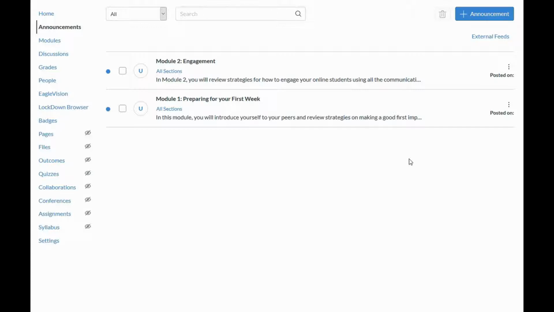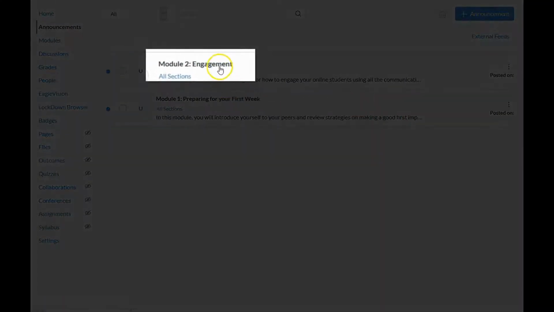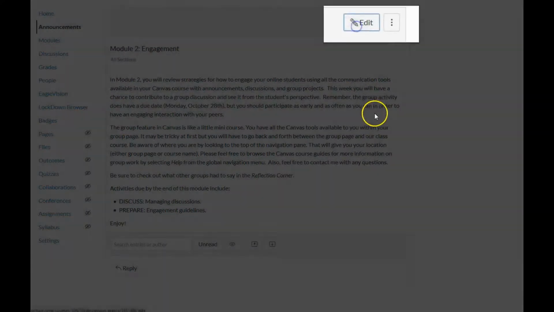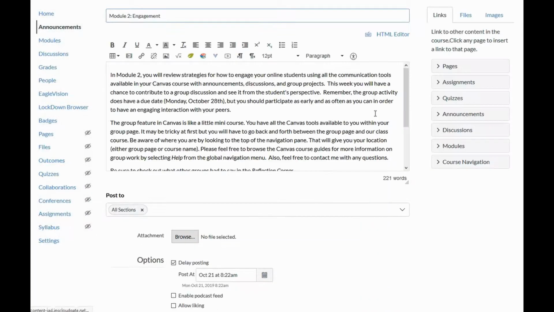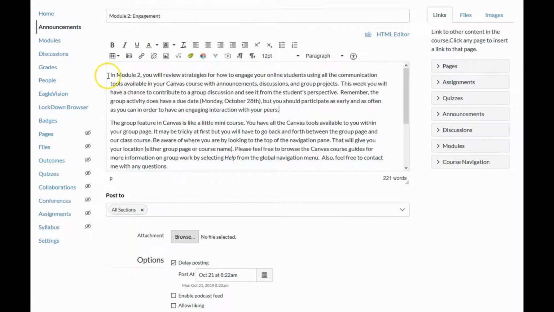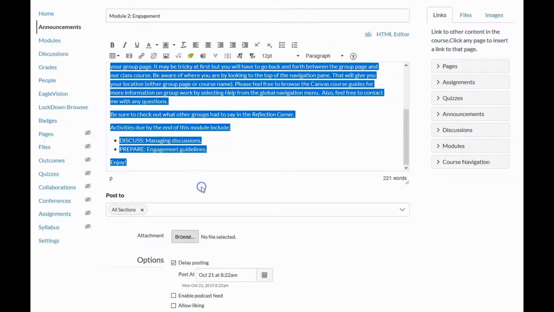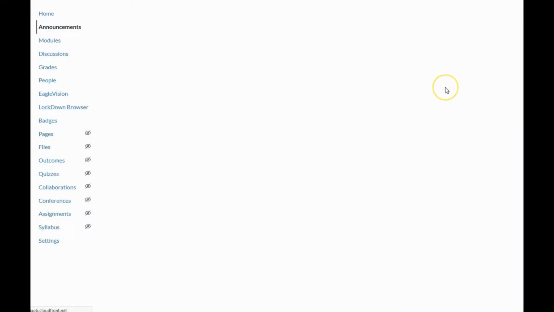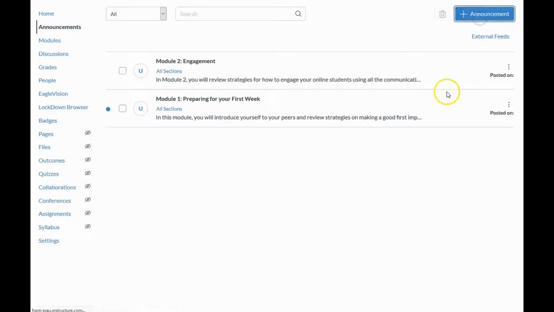Now, since this is your course and your announcement, it should be coming from you, so the best way to fix this is to go in, select the title to activate the announcement, click on Edit, and I am going to just copy everything, so Control C, then I will cancel this, go back to my announcements, and I will add an announcement,